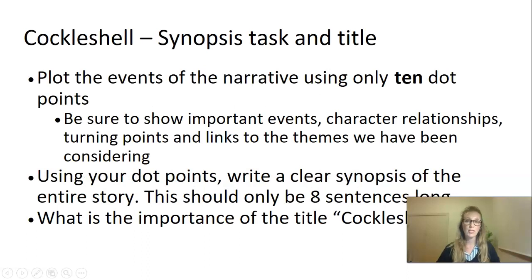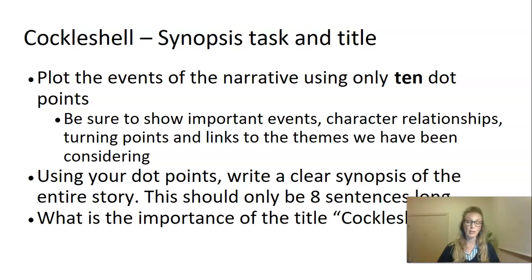So your first activity for Cockleshell is a synopsis task. Firstly, you're going to plot the events of the narrative using only 10 dot points. So you need to be quite selective in what you are going to be summarizing. So be sure to include important events in the story, character relationships, turning points, and links to themes that we